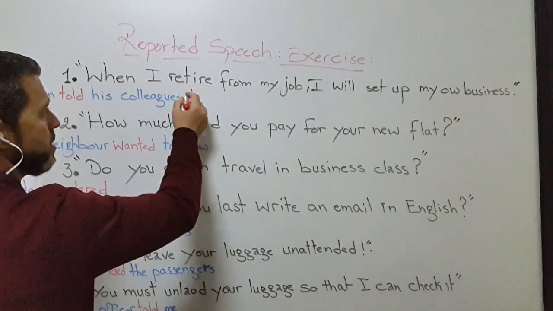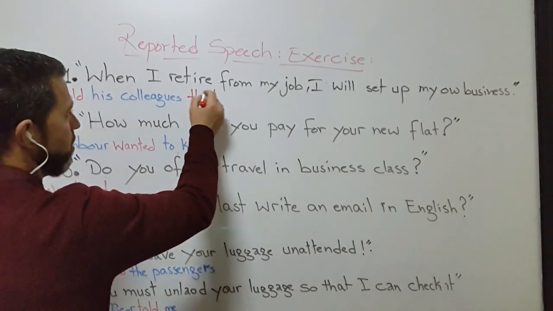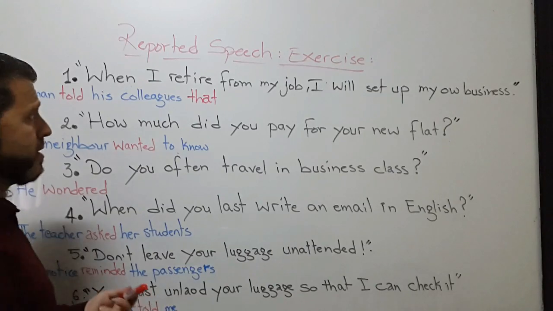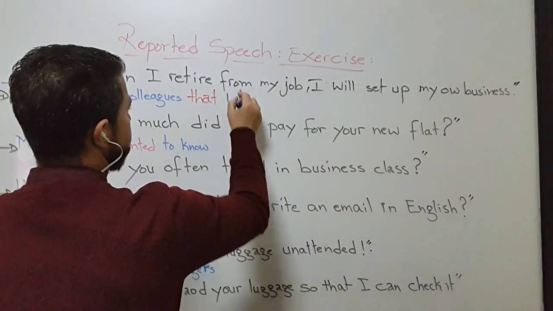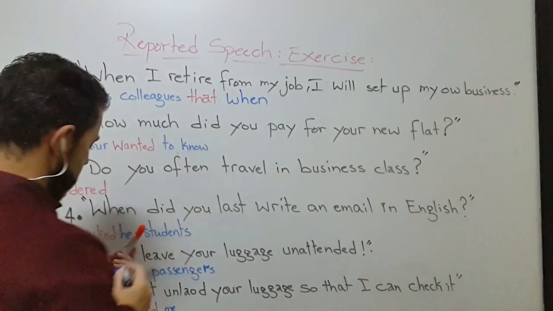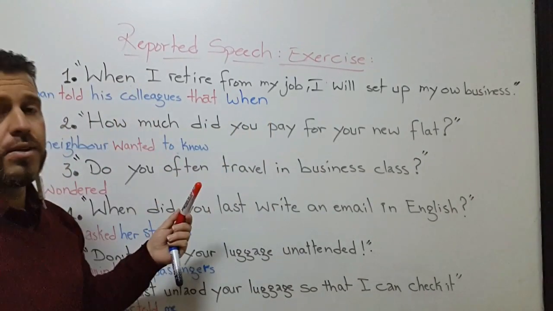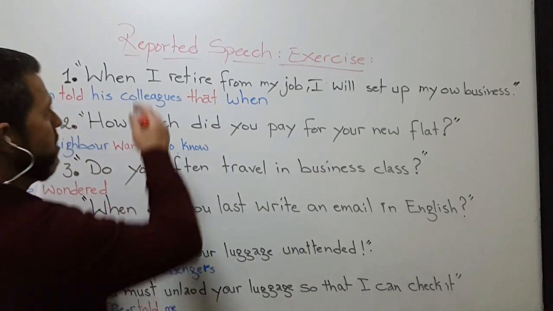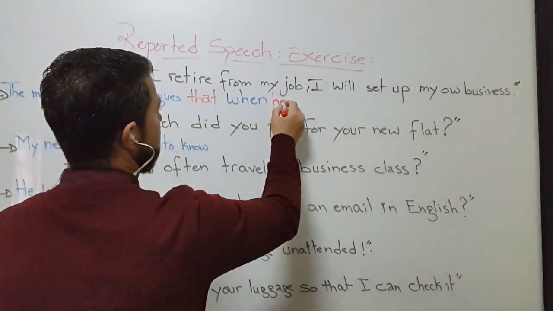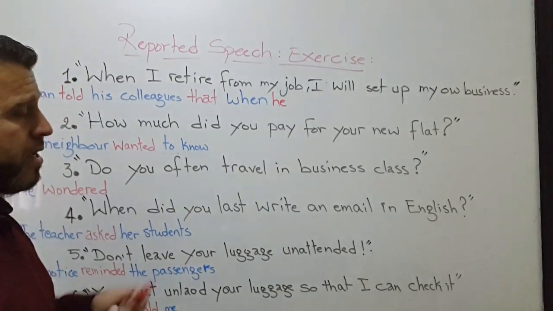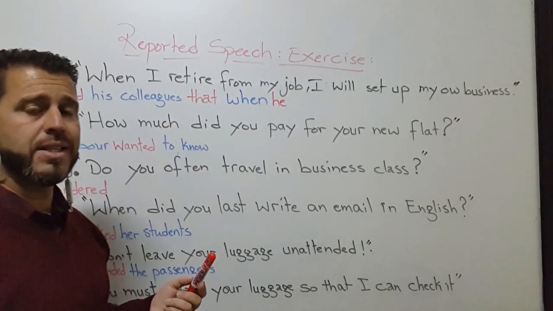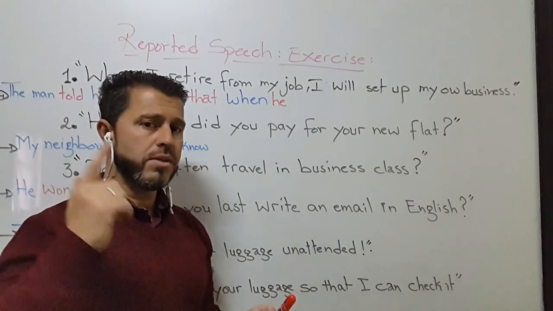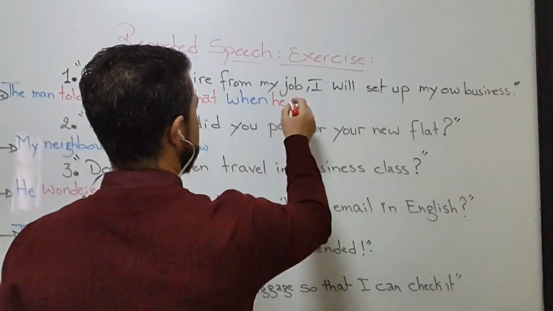Yes? So the first thing is that it is a sentence, a statement. Good. The man told his colleagues that when we have I. Who is speaking here? It's the man. So I changes to he. The man, when he. We have the verb retire. Retire is in simple present. So simple present, if you still remember, it changes to simple past. Good. So when he